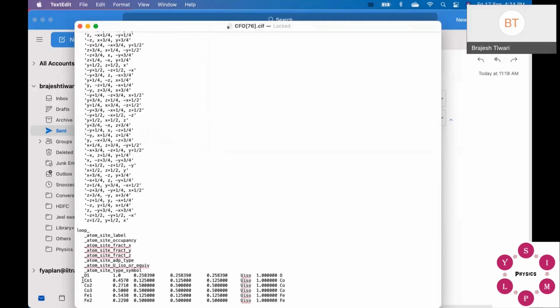So you are having the oxygen one type, oxygen only one type you have. You have cobalt two, here it is 3 types. And iron you are going to have two different types. So that is how the CIF looks for this one.